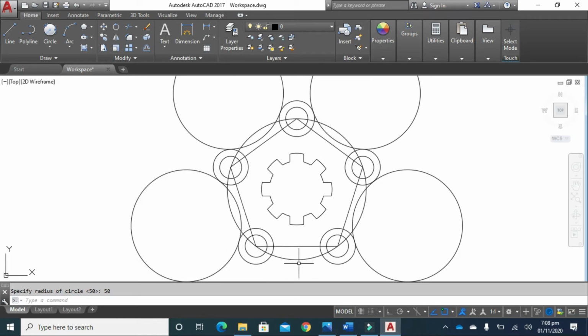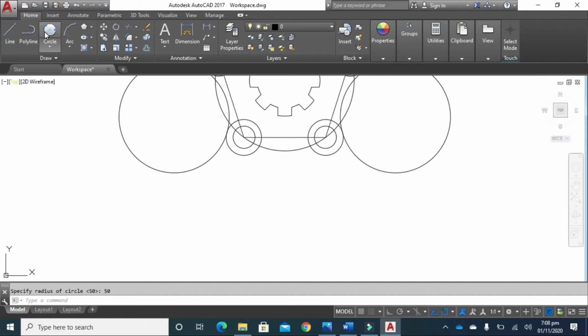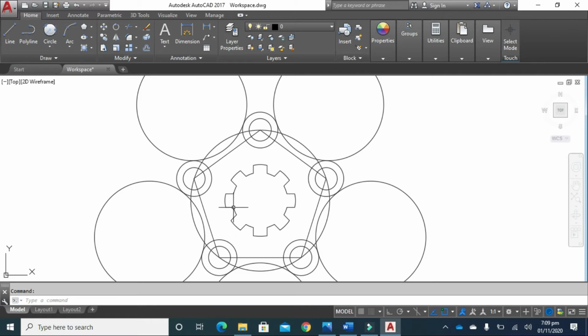We have to move our page upward by using the scroll wheel. Click here, here, here and radius 50. Now our drawing is already completed.